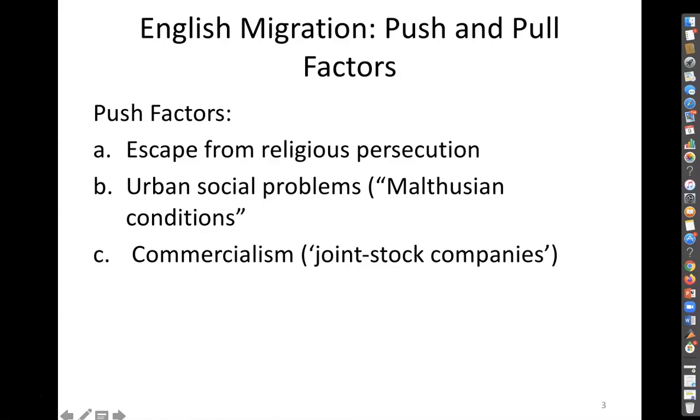Okay, it's an entrepreneurial enterprise. So you have joint stock companies. You may have heard of the Virginia Company. Well, the Virginia Company is a joint stock company that's establishing an English presence in Virginia. And in fact, Jamestown will be founded by the Virginia Company. Okay, now think about New England and Puritans, right? I just mentioned that, yes, they were pushed out of England due to religious persecution. Yet at the same time, and this deserves some discussion,